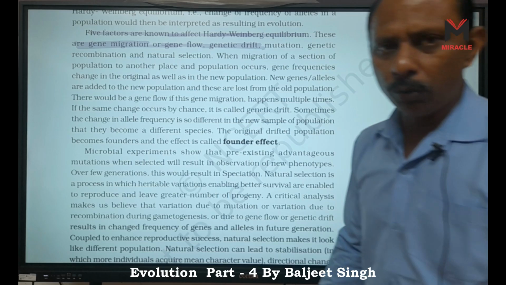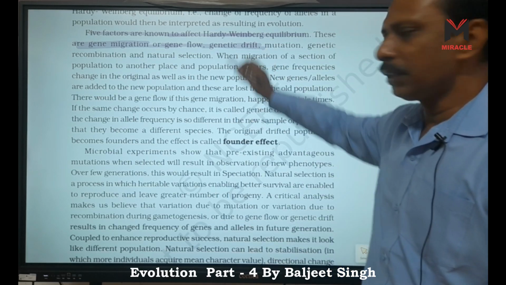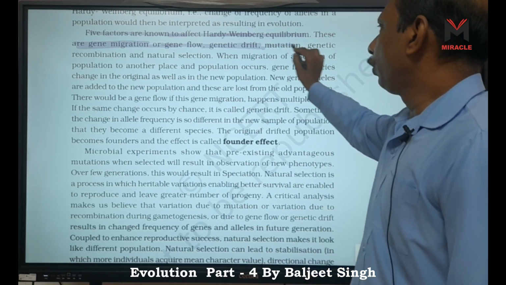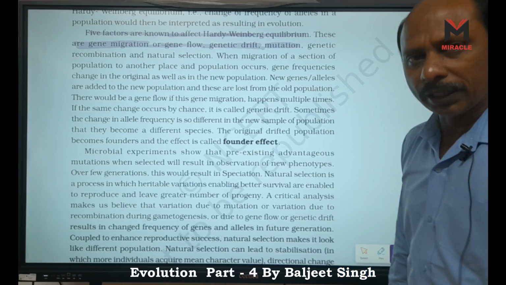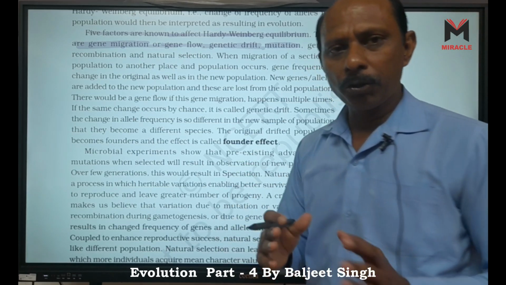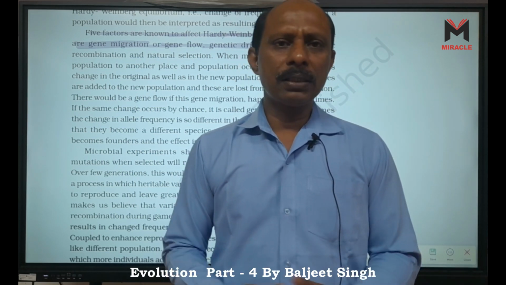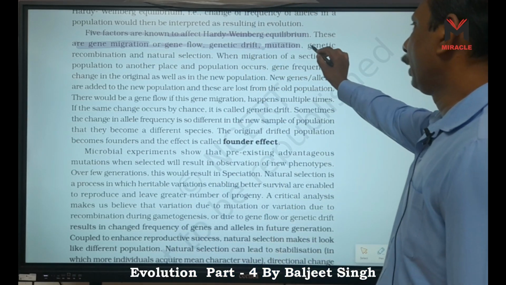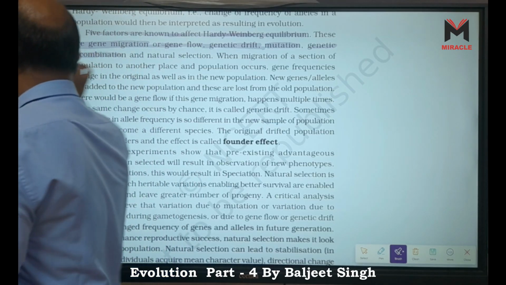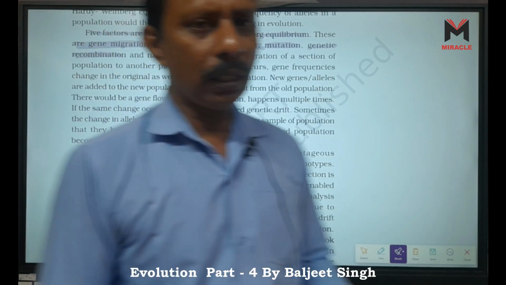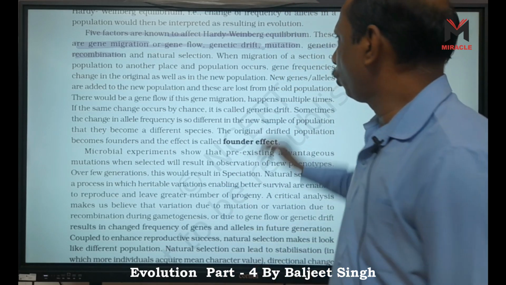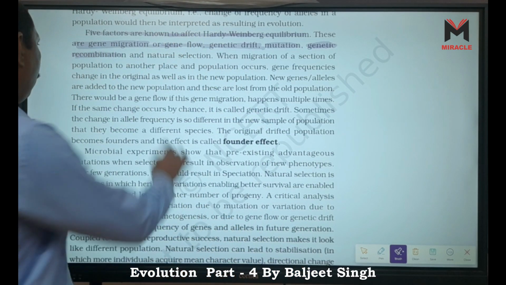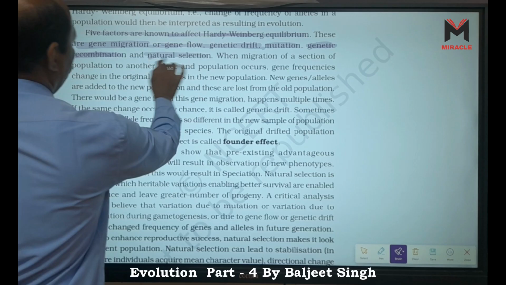Genetic drift has two types: the bottleneck effect, which is sudden change, and the founder effect. Mutation: due to mutations, genes mutate. If deletion occurs, some alleles are lost. If insertion occurs, alleles are added, changing allele frequency. Genetic recombination: in sexual reproduction, variation comes through genetic recombination, and the probability of alleles is also disturbed, right? And finally, natural selection.